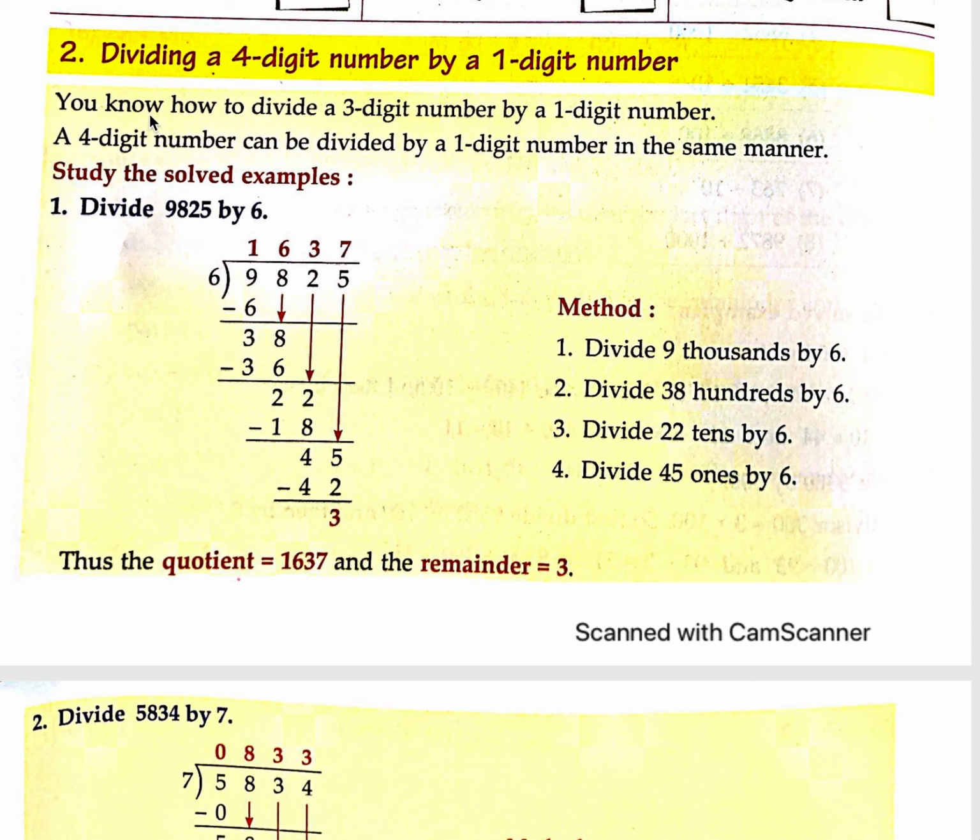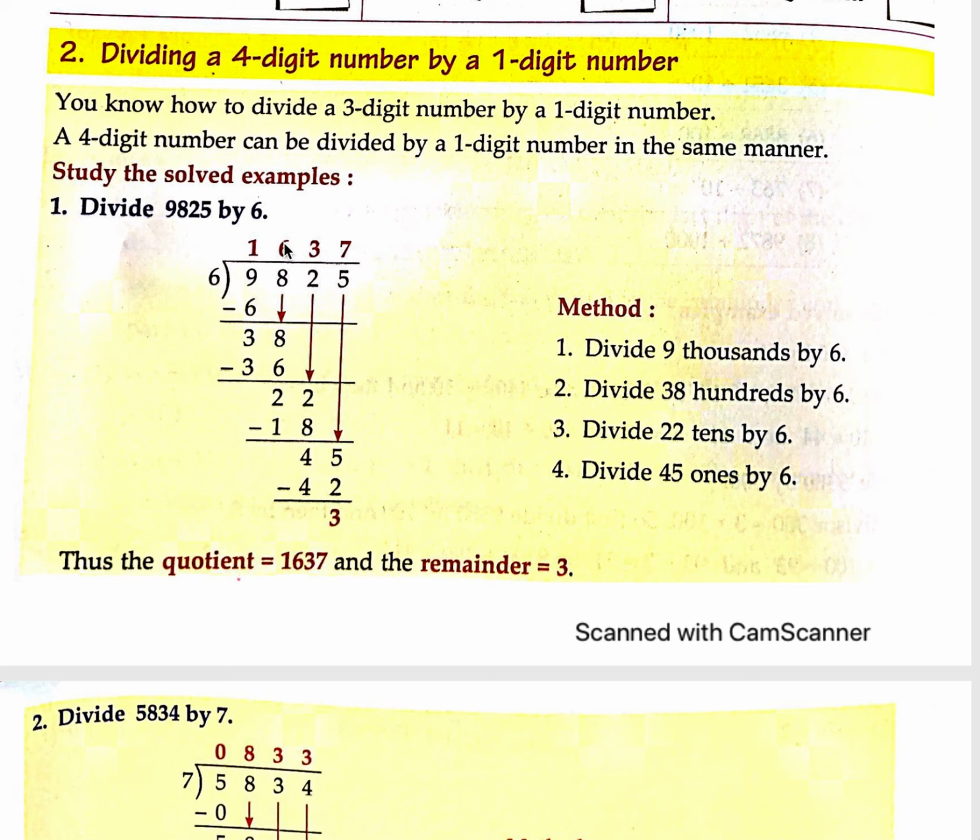आज हम 6th चैप्टर का पार्ट 3 करेंगे जो है डिवाइडिंग अ 4 डिजिट नंबर बाय अ 1 डिजिट नंबर. You know how to divide 3 digit number by a 1 digit number. Now we will divide a 4 digit number by a 1 digit number. So first the example is